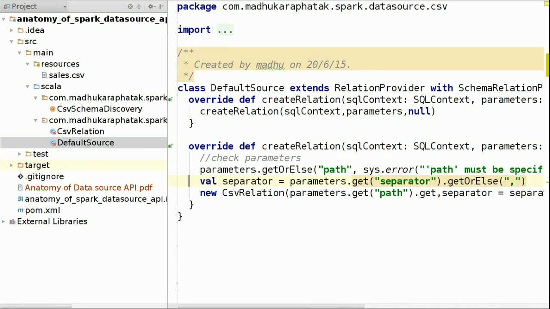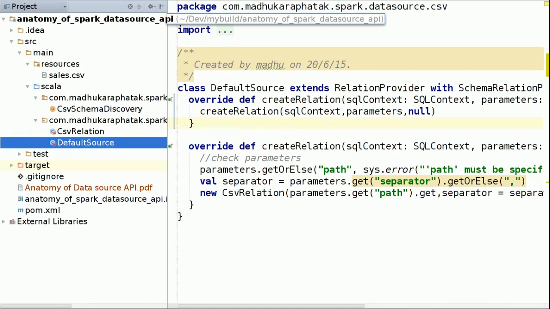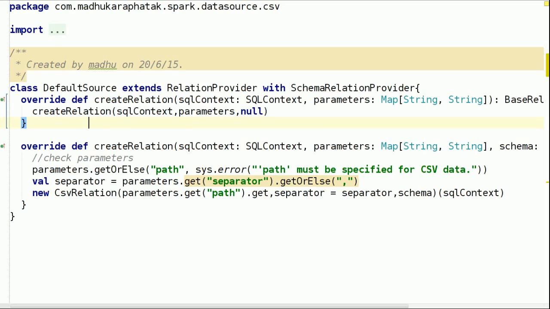Right, so let us open our DefaultSource. What it does is extend RelationProvider with SchemaRelationProvider. We are extending both because in our requirement we also want to give the user access to override the schema. Now, if you see this, we are overriding two functions. We are overriding a function called createRelation, which takes these parameters. It takes the SQLContext, it takes the parameters, whatever is passed, as a Map of String, and it returns a BaseRelation. And if you see the second createRelation,